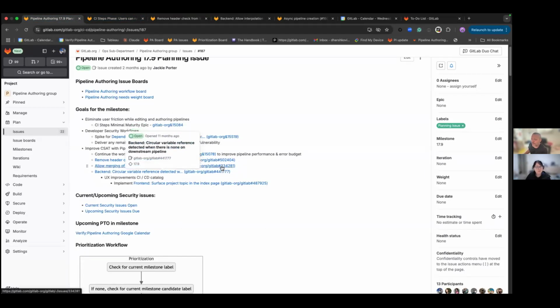We have two more bugs that we want to fix, which also should improve the overall performance. Lastly, we have one small UX improvement to the CI/CD catalog, which is surfacing project topics. This is an existing functionality, so we are leveraging it in order to surface it in the index page in the catalog, so it will be easier for users to identify and spot the relevant components that they want to use, official components versus non-official components. With that, I'm going to hand it over to Sunjun Park, and Sunjun is going to speak about the scope of work for UX.